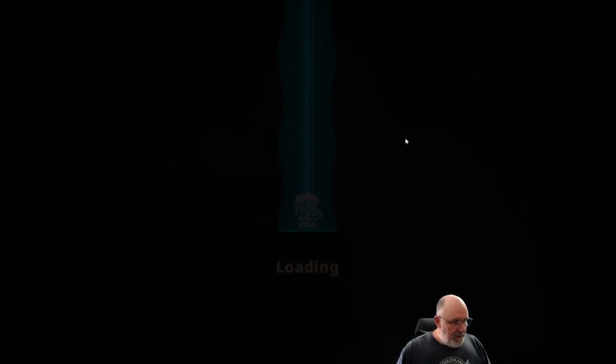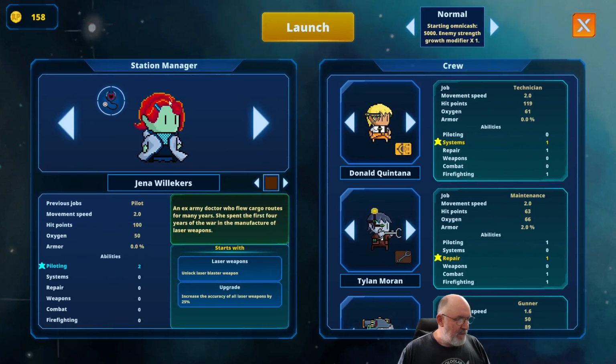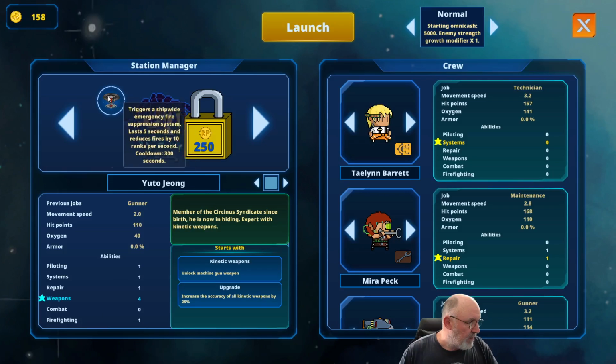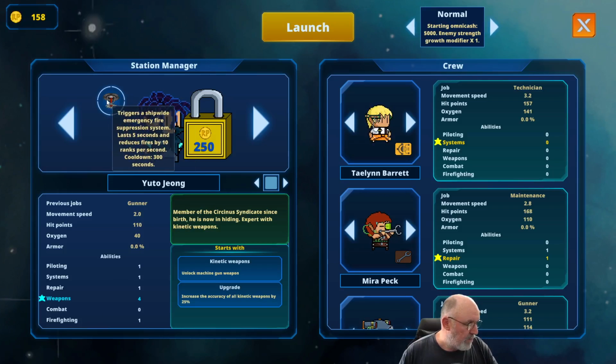So we load her in. You start off essentially with a character like a station manager plus your crew. You have different abilities, like piloting, systems, repair, weapons, combat, and firefighting. So our initial crew, Jenna Wilkers, in this case, she heals up crew as she's travelling around. We've got another one through here who triggers a shipwide emergency fire suppression system, lasts 5 seconds,